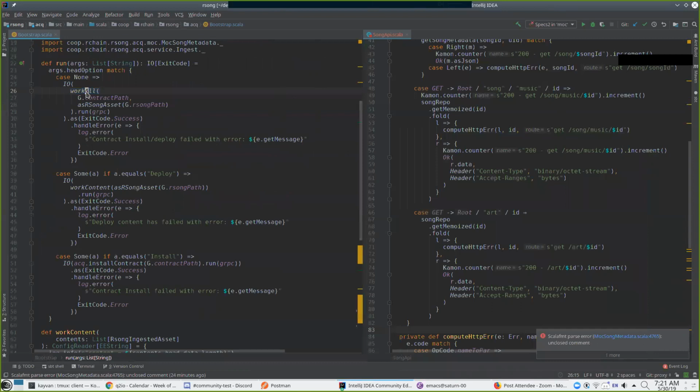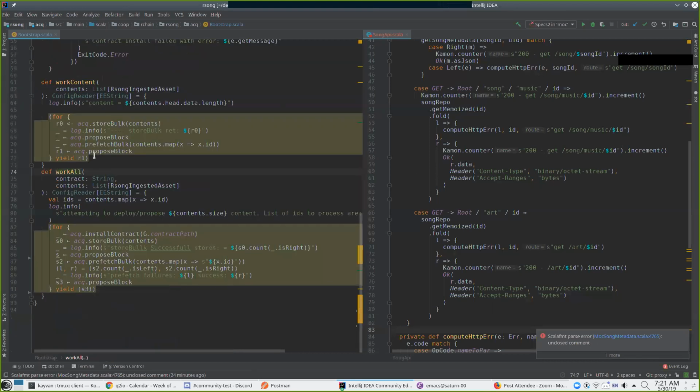So we went with the default, and if we just go there, it's basically just a big monadic structure. So it installs a contract. If that's successful, it does a store bulk. Store bulk, we could go look at that as well, but it's just a fancy way of